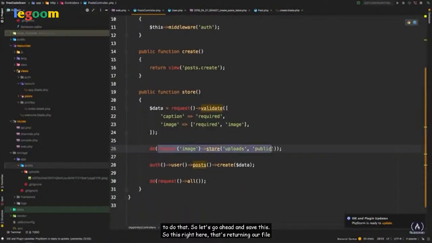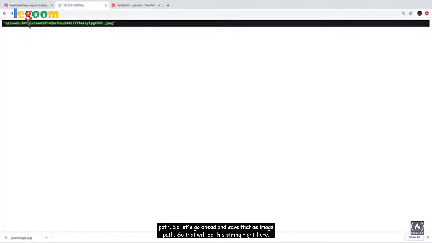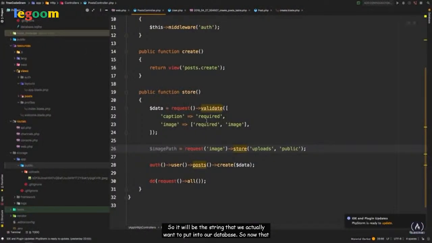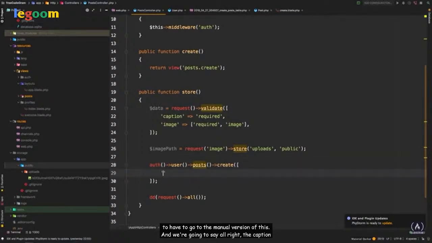So this right here, that's returning our file path. So let's go ahead and save that as image path. So that will be this string right here. So it will be the string that we actually want to put into our database. So now that we have this image path, we actually can no longer just pass in the data. We are going to have to go to the manual version of this, and we're going to say, all right,